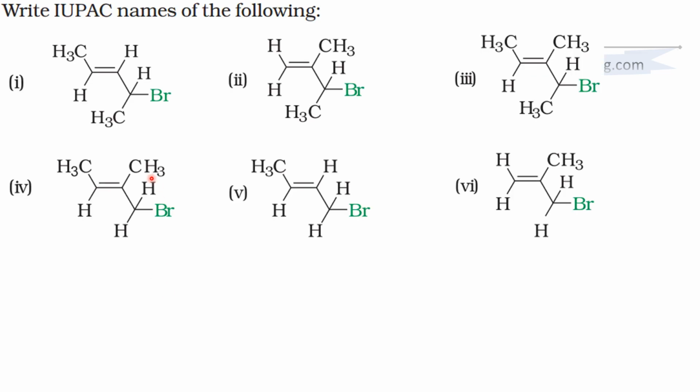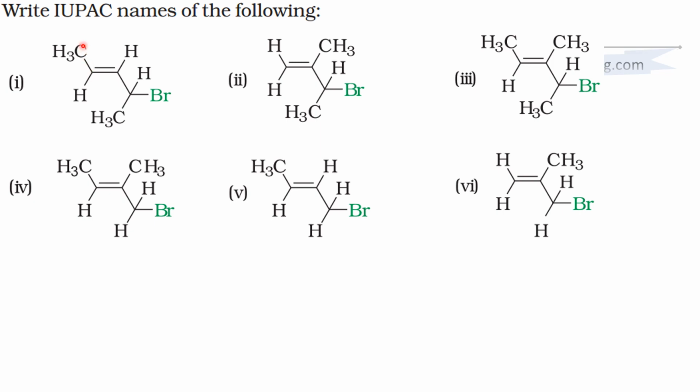So here, give the IUPAC names of the following. We will deal with them one by one. So first we will take the first compound. You can see we have a CH3 group here, another C, C, C, and this C. So the longest chain is this one, as you can see here. So from where should I start numbering? I should start numbering from this carbon atom. Why? Because if I start numbering from this carbon atom, the double bond will get the lowest number.